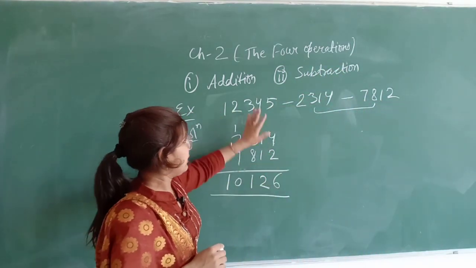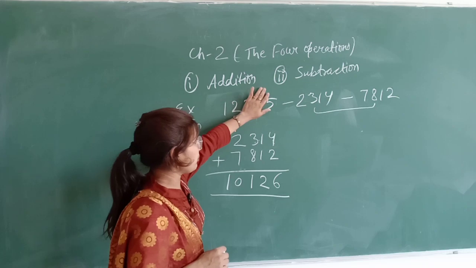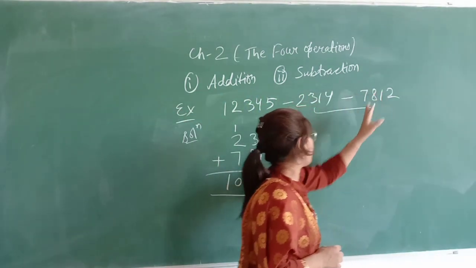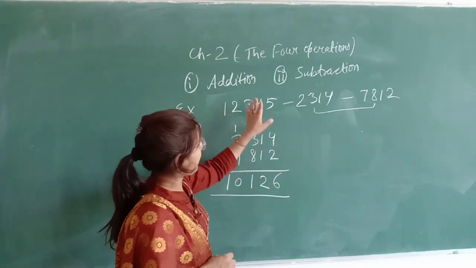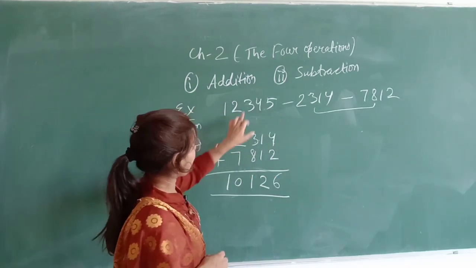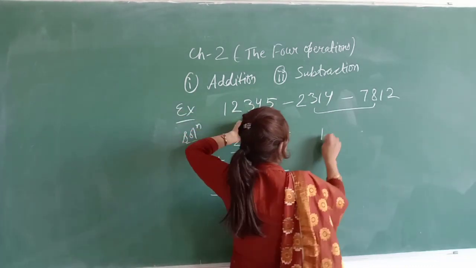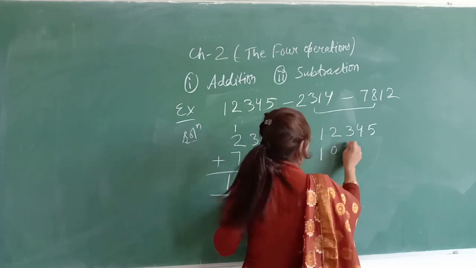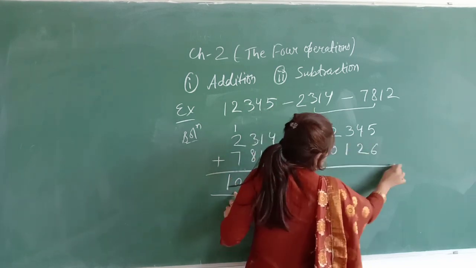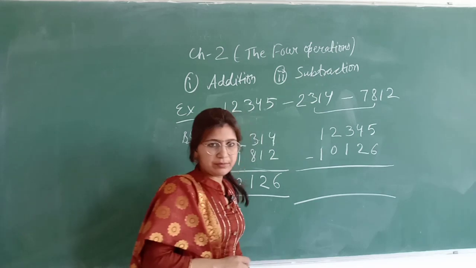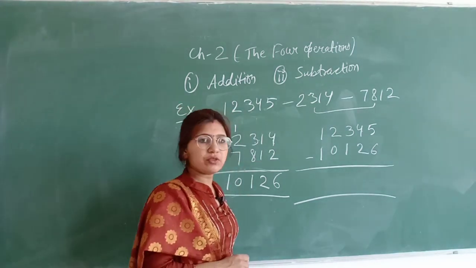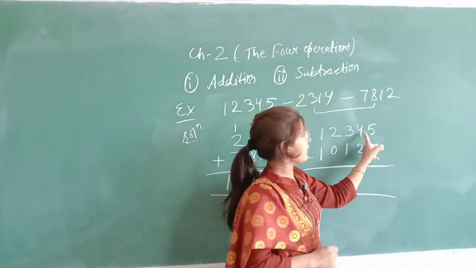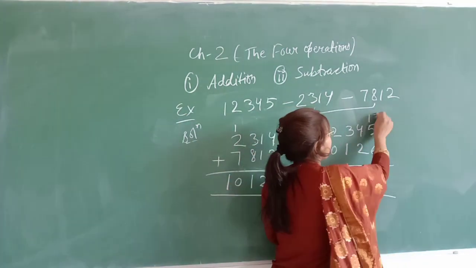Okay. Now what does it say? The question says that from this you have to subtract this as well as this. And we know the sum of these two terms is this. So it means that you have to subtract this value from this term. Now write it here: 1, 2, 3, 4, 5 minus 1, 0, 1, 2, 6. This is 5. It is not possible to subtract 6 from 5. So 5 will ask to borrow from this 4, and 4 will give a borrow to 5 and it will become 15.